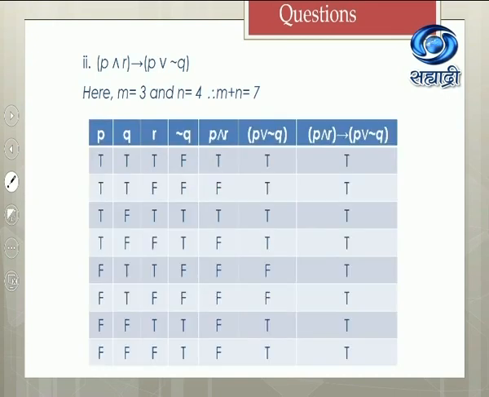As you can see the table, P, Q, R are there. So how do we fill up these columns? In P you will write 4 T's, 4 F's. Then in Q write 2 T's, 2 F's alternately. And in R column write TF, TF alternately. In this way we can obtain the first 3 columns.